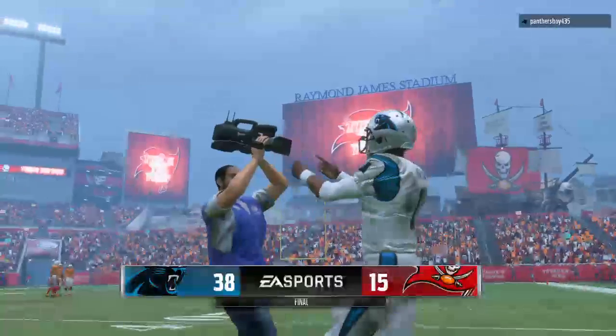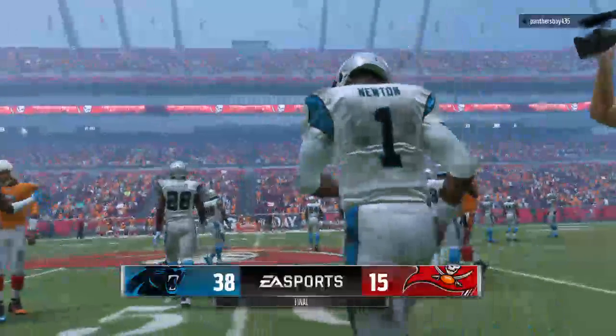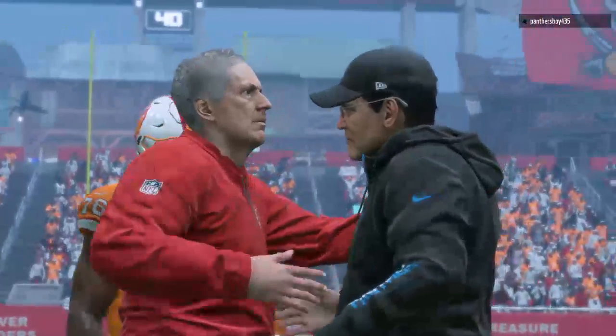Well, Charles, the forecast called for rain throughout the entire game, and we got rain throughout the entire game. But these two teams, they had fun getting...